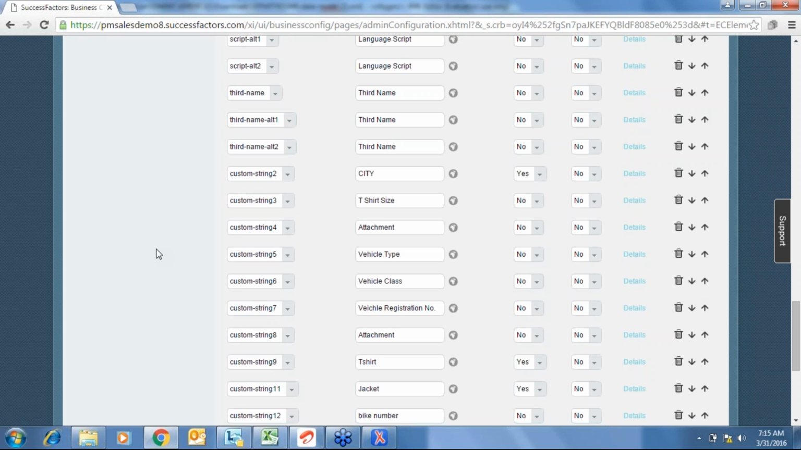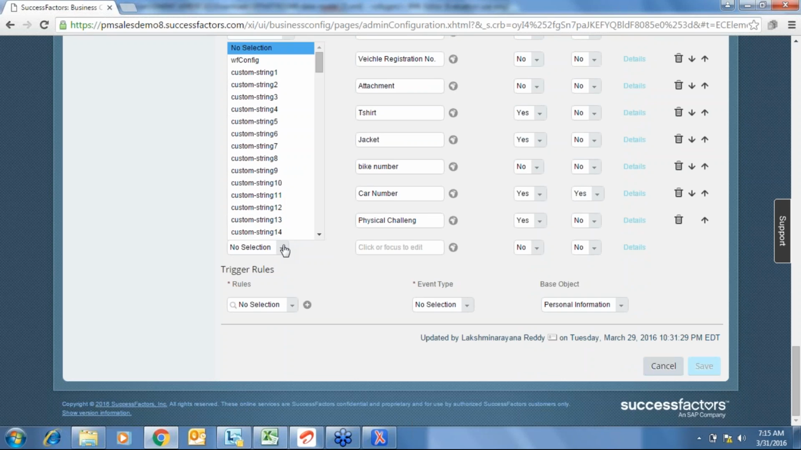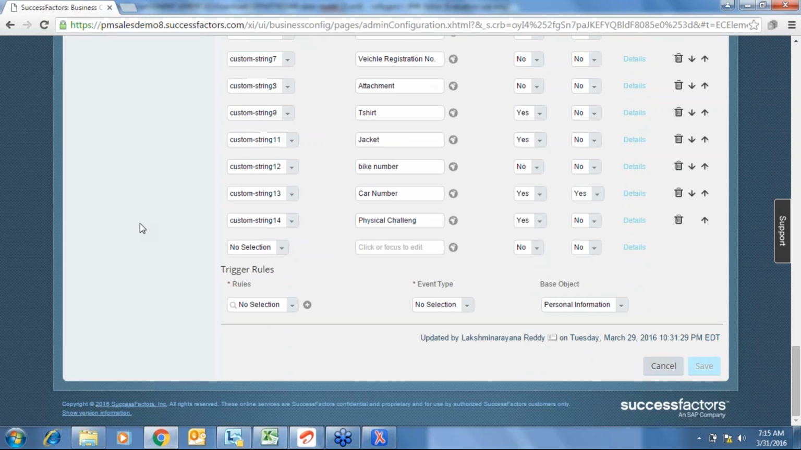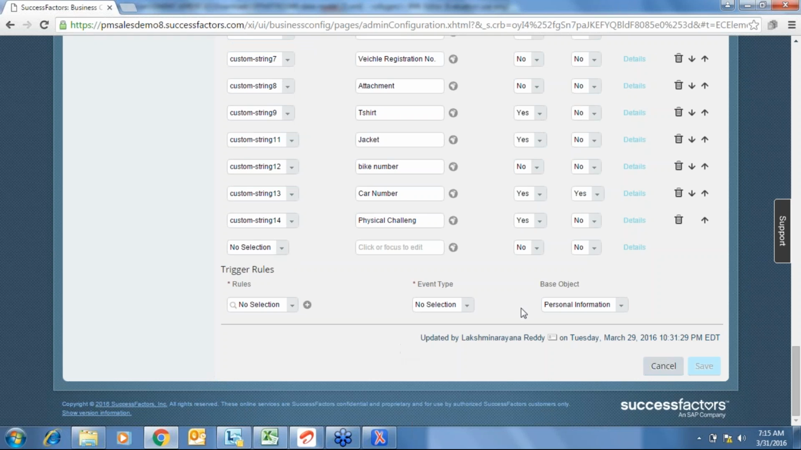You can make any field a custom field, custom string, date, whatever. You can make whichever field you want. You can make it mandatory, non-mandatory, all that. Fine. So now